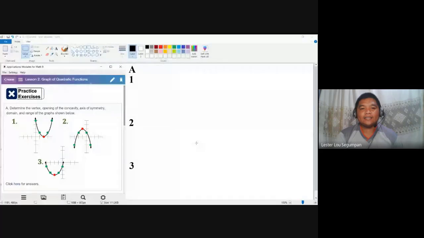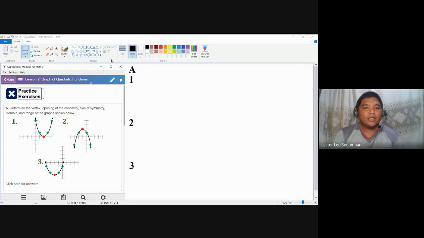The graph of a quadratic function will tell us many important things, because the details of the graph of quadratic functions have important purposes, especially when we talk about real life problems which involve quadratic functions. Those are the things that we need to consider first. I'm going to share with you practice exercises containing three different graphs of quadratic functions, and we are going to analyze the important items that may be discovered in each graph.